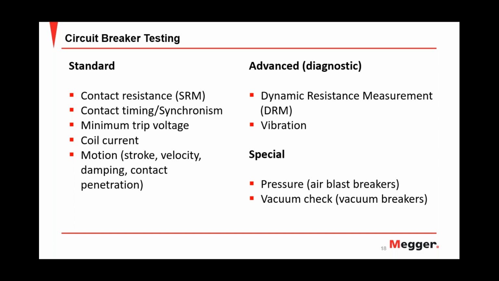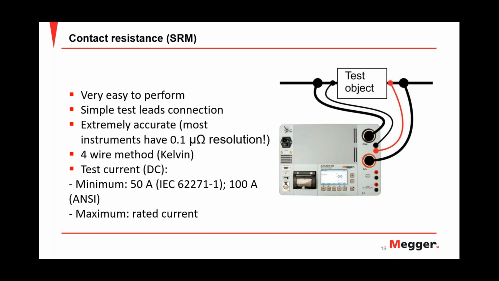So taking the standard group, starting with the most basic type of test, which I presume everybody will at least do, contact resistance or static resistance measurement. It is the most basic test performed on any circuit breaker and gives an immediate indication of the condition of the main contact whilst in closed position, with values measured as low as tens of microohms. It's very easy to perform with a very simple test lead connection, extremely accurate, with most instruments available having resolutions down to 0.1 microohms,